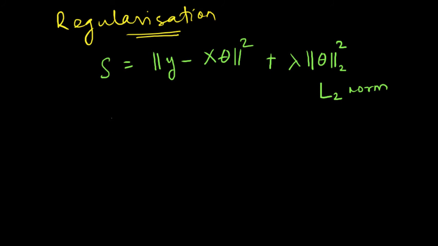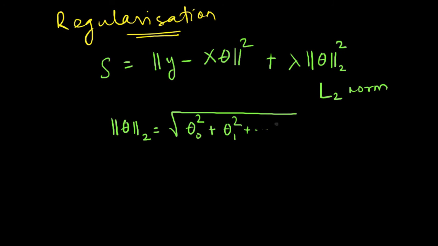So what is the L2 norm? L2 norm is basically root over of theta 0 square plus theta 1 square plus so on plus theta m square. So usually when you do this regularization, this term is usually omitted